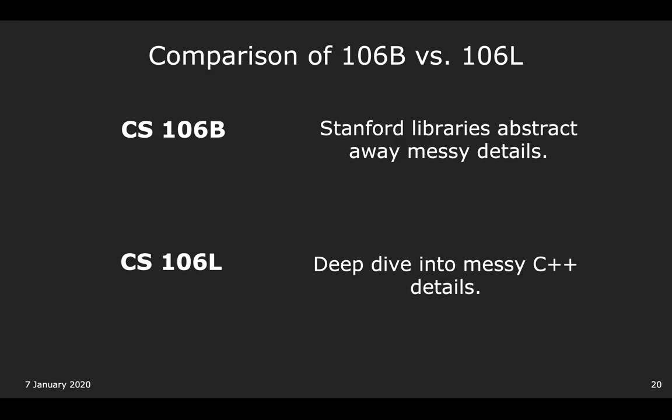One thing about CS106B, which I don't think Keith has covered yet, is that you will be using the Stanford libraries because C++ is a very messy language. Next lecture, we'll be talking about streams, about how you get user input. User input is really, really complicated, as you'll learn on Thursday. So what the Stanford libraries do is they abstract away all the messy details so that you can just call a function called getInteger. Keith hasn't used getInteger yet, right? Okay. Well, in the Stanford libraries, there's a function called getInteger, which does exactly what you think.